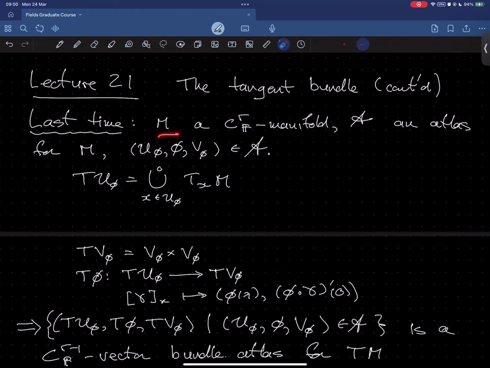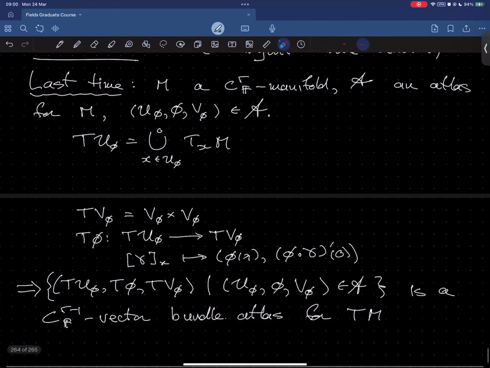We start with a manifold and an atlas and a chart in that atlas. And then for that, we built a chart for the tangent bundle. So the chart domain was the collection of all the tangent spaces over the chart domain for the manifold chart. The chart codomain was simply the product of the chart codomains, and then the chart